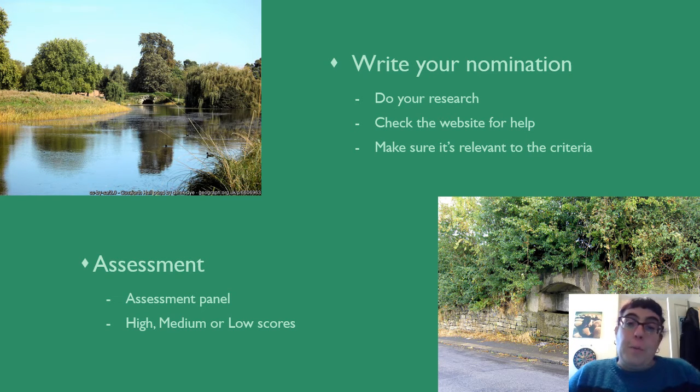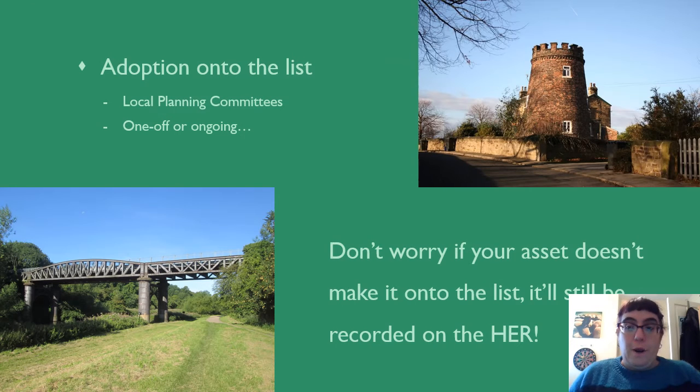But once it's been assessed by the assessment panel, then it will go forward to be adopted, hopefully formally, by the local planning committees and planning boards. So what we'll be doing is taking our list of candidates as recommended by our assessment panel, and it will be going to the local planning committee or the local planning board in Rotherham, Doncaster, Sheffield and Barnsley. We're not quite sure yet, we're still trying to work our way through exactly how it will work, but our plan is that they will approve the nominated assets this time around,